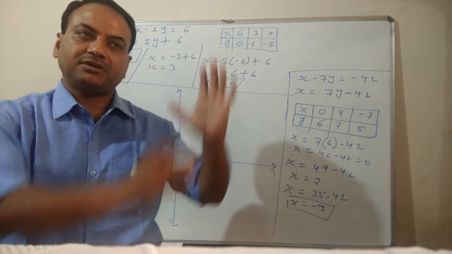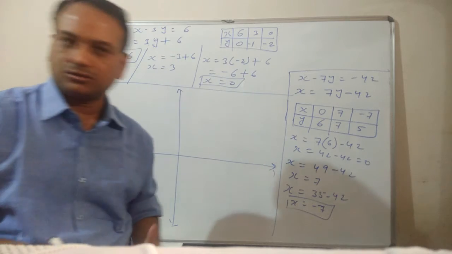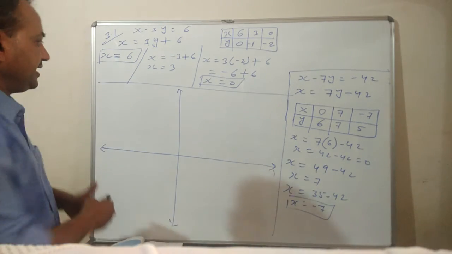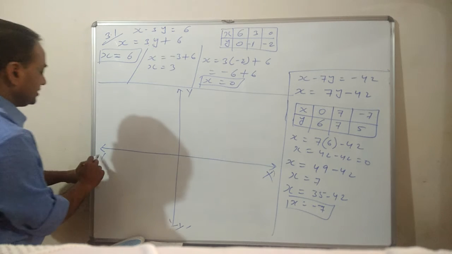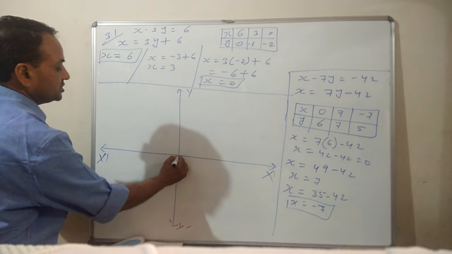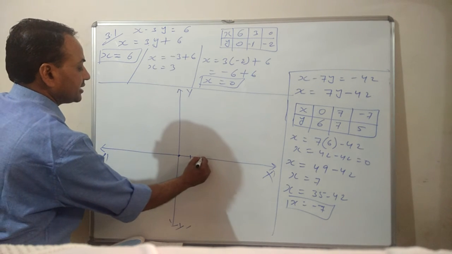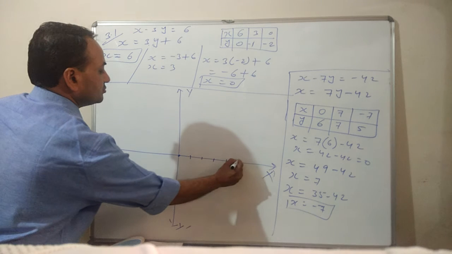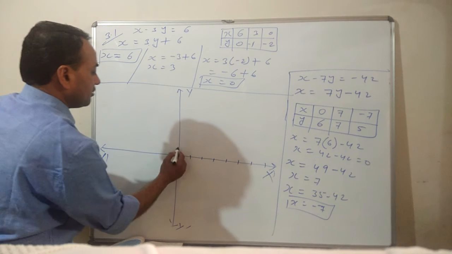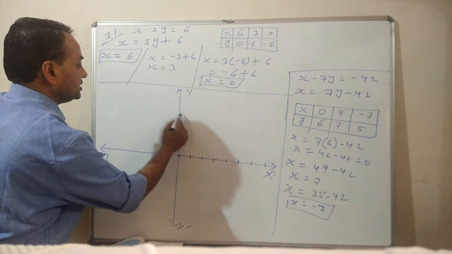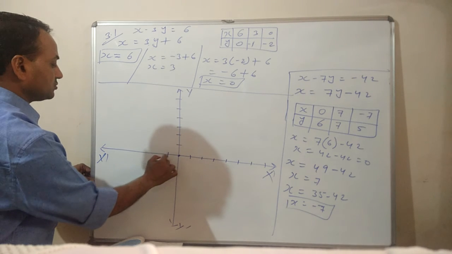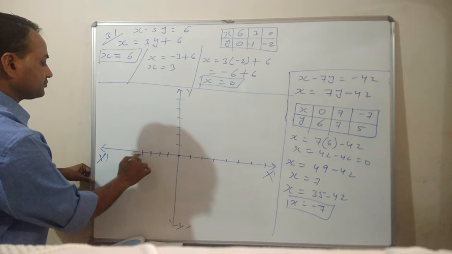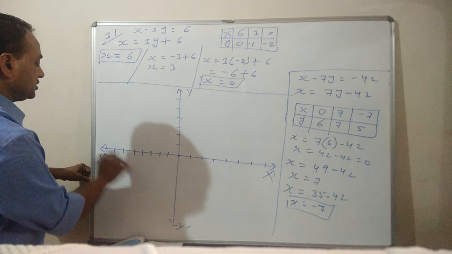So on graph paper, where the darker lines are, draw the x-axis and y-axis. Mention the y-axis, negative y-axis, x-axis, negative x-axis, and then the origin. Right here I am marking the points, but when you use this graph paper, these darker lines will already be on the paper, so it will help you. Now the negative side I am also mentioning here.